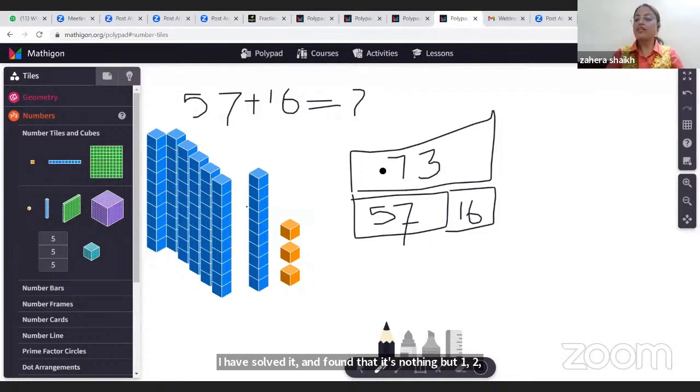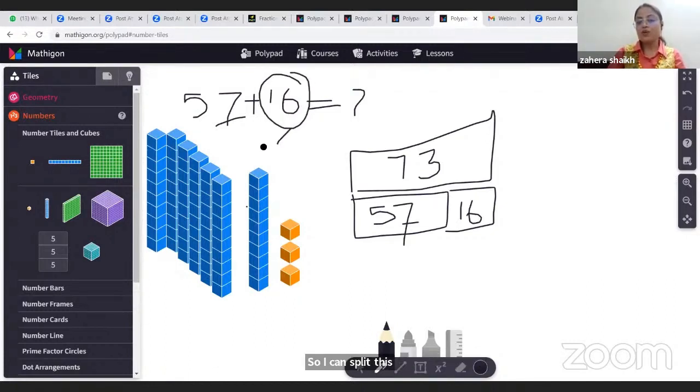So if I want my child to give a reason, like what strategy they used and what exactly happened in their mind to solve this question, they must be able to give me the reason behind their thinking. Like they can give this strategy. See, I know this 7 needs 3 more to become 10. Okay, so I can split this 16 into 3 and 13. What I'm exactly doing, I'm just trying to break this number into two parts, which I have